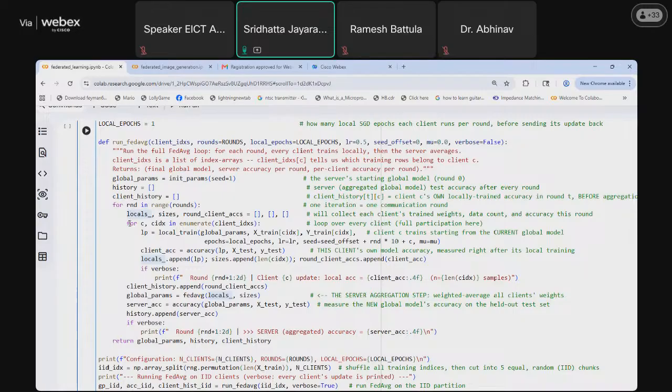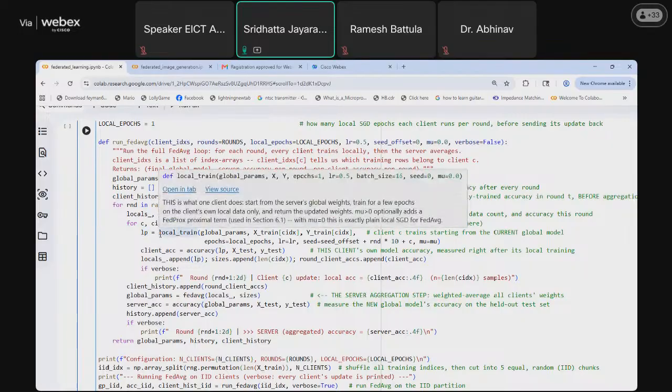So now, to begin with, after entering one beginning round, we will then run the for loop for each of the clients. Beginning with the first client, it will assign the first client as C and its specific client ID. And then it will start training the client.